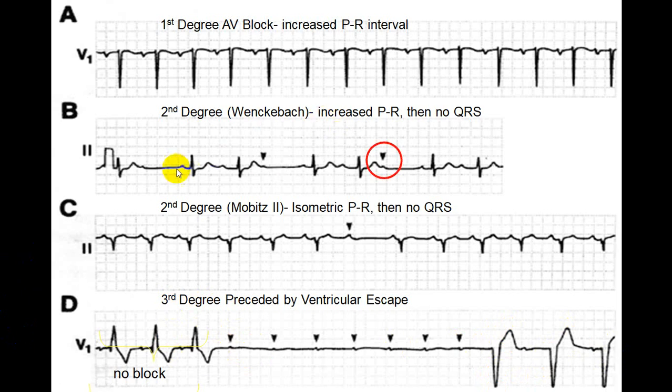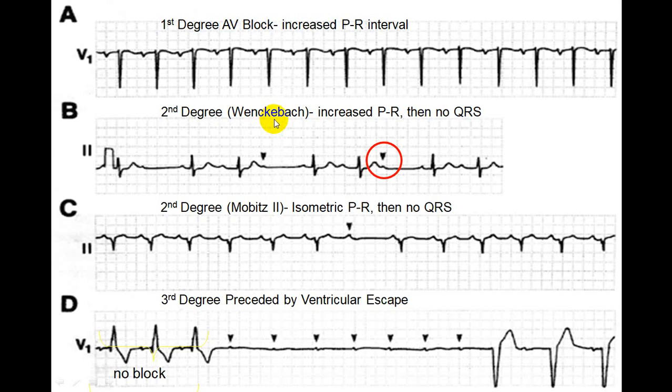Again you can see here the PR interval is getting prolonged, that is Wenckebach phenomenon or Mobitz type 1. The P wave, PR interval is getting prolonged and this P wave is not conducted. Again the PR interval gets prolonged and then this again is not conducted. So you got a P wave but not conducted to the ventricle. This is because of the second degree AV block.